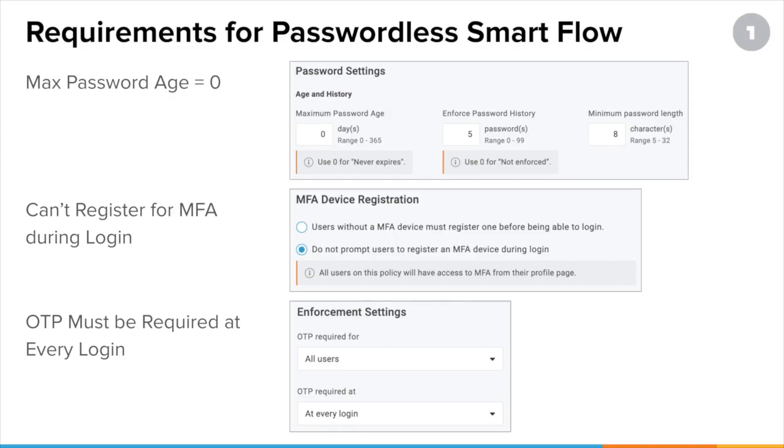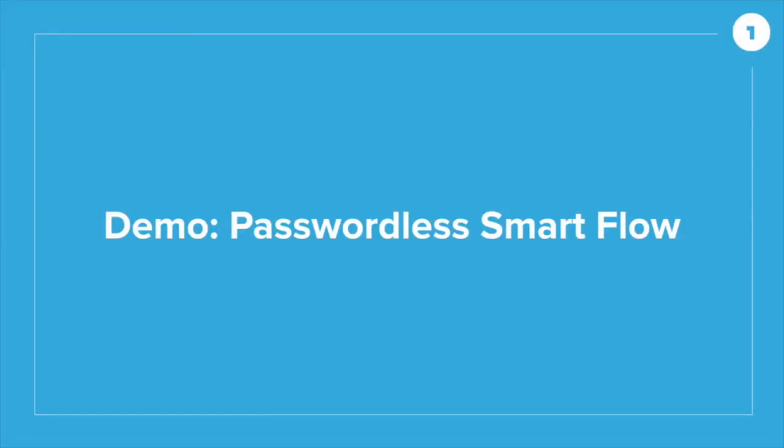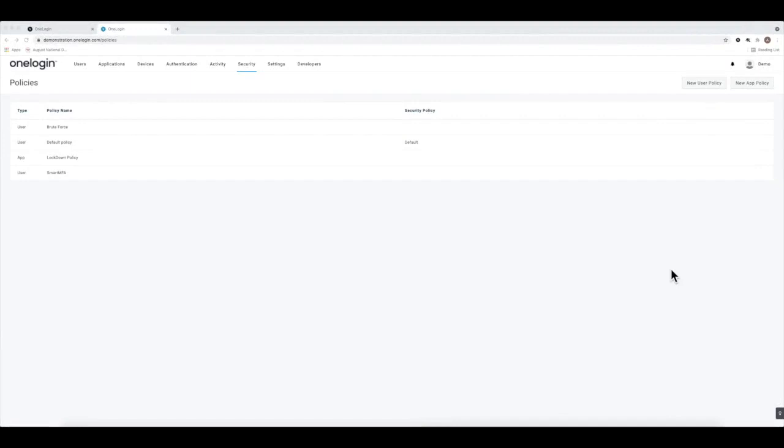So let's take a look at how to enable passwordless smart flows, and again, where those configuration changes are located, as well as take a look at what a passwordless login flow might look like to an end user. All right, passwordless. What do we want to do? We're going to start off